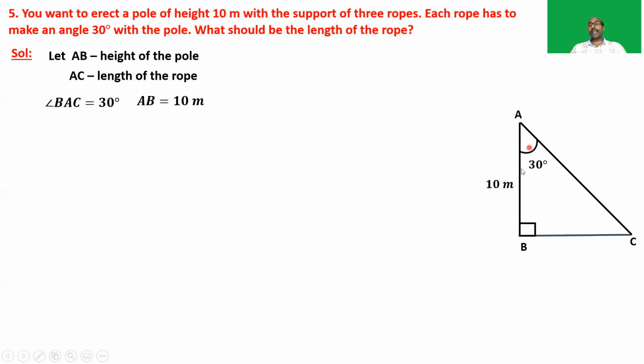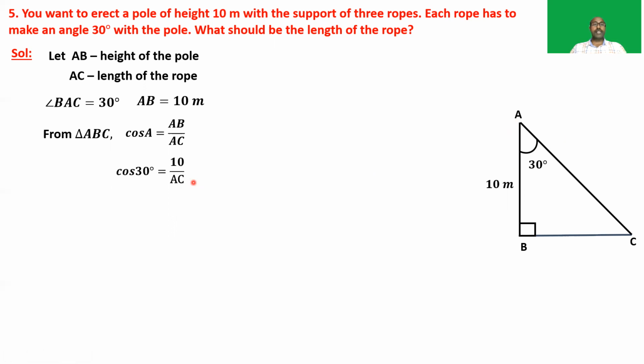With respect to this triangle, AC is the hypotenuse, and with respect to the angle A, AB is adjacent. So we have adjacent and we need hypotenuse. So from triangle ABC, we have to take cos because we need hypotenuse and we have adjacent. The trigonometric ratio related to both adjacent and hypotenuse is cos. So we have to take cos A, which is equal to adjacent by hypotenuse, AB by AC, and substituting the values we get